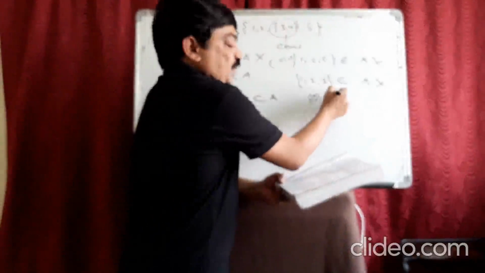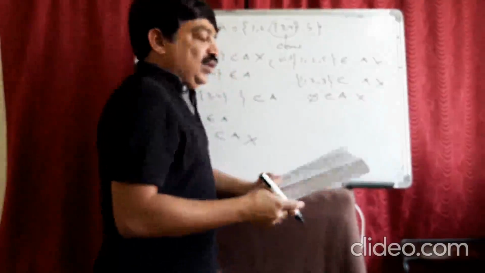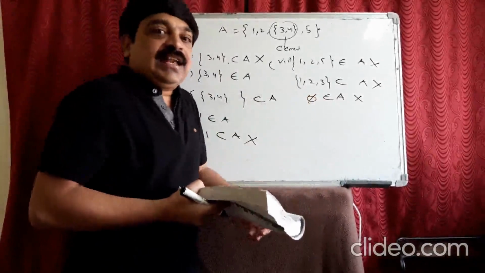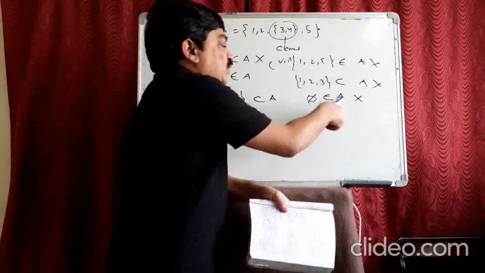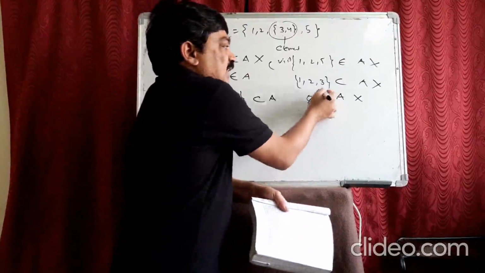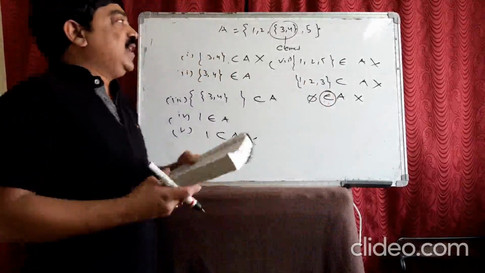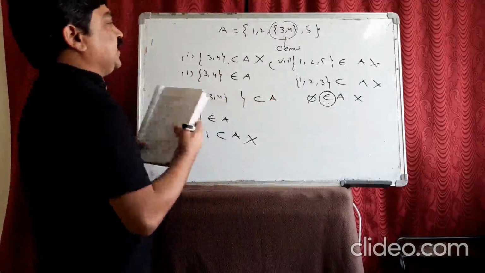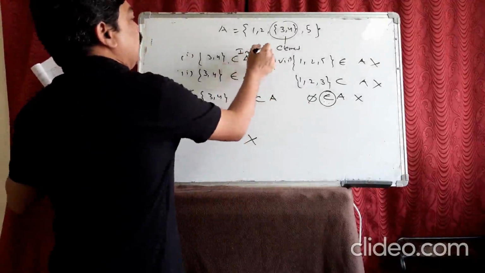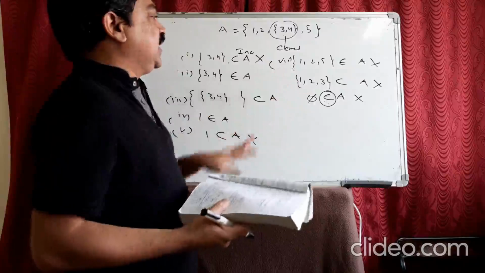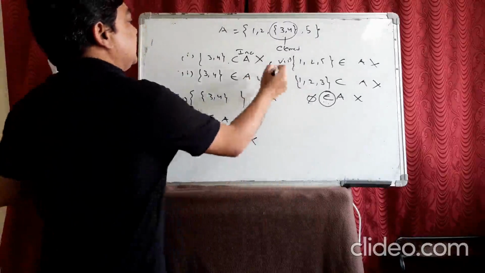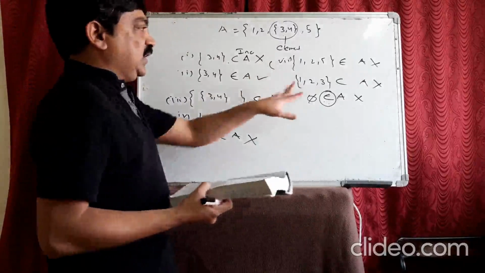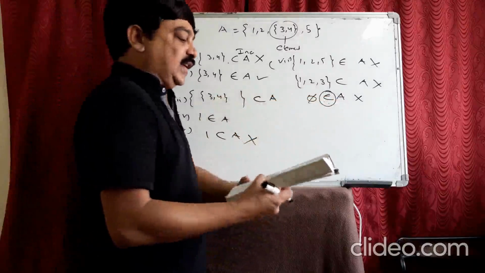5 belongs to A. This is wrong. Why? 5 means it's a null set. When a set is compared to this, it should be a set, subset, and this is belongs to, only when it is an element. See, they ask us which are incorrect. I am proving these are incorrect things. Wrong means incorrect. Okay? This is right. Don't get confused, guys. I'm just telling you, when I write wrong here, it means it is incorrect.